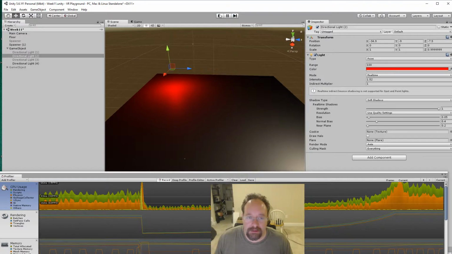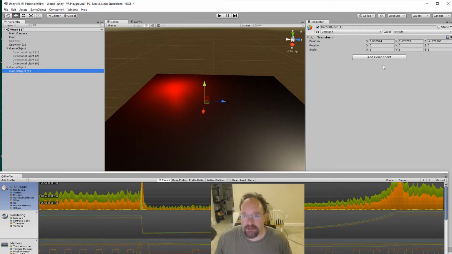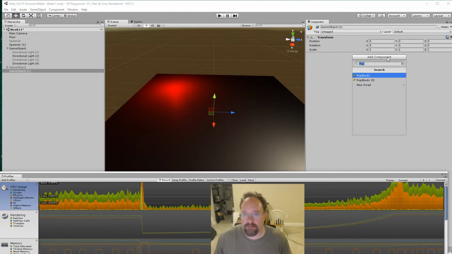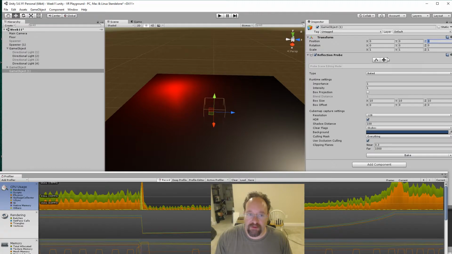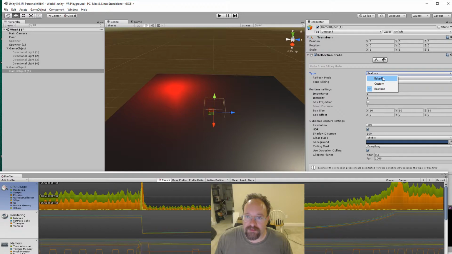And where it really gets good, so in this case they're just reflecting the light, and then we add an empty object, and we're going to center it in our scene, and we're going to add a component, and it's going to be reflection probe. So the idea here of our reflection probe, and real-time reflection probes probably,